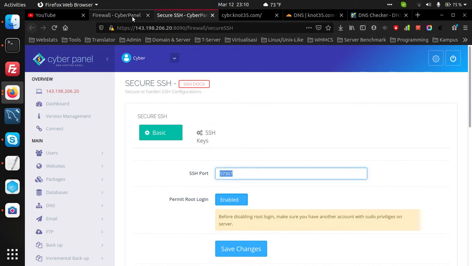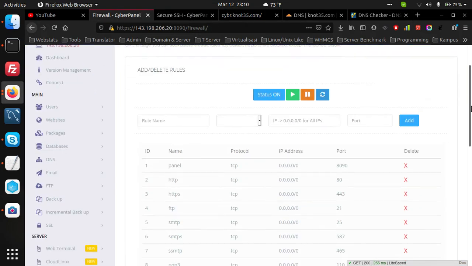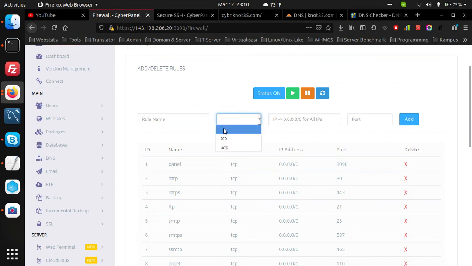Like this, then simply add the TCP port and paste the port number, and you can put the 0.0.0.0, so your server can be accessed from outside. And for the rule name, SSHD port number.